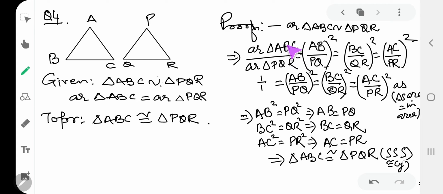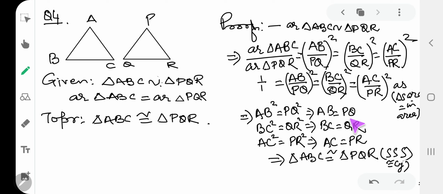Now children, we are given that the areas of these two triangles are equal, and I told you whenever the things are equal, the ratio is always 1:1. So area of triangle ABC is given equal to area of triangle PQR. Therefore, their ratio is 1:1. So let's replace this by 1 and copy down all the other ratios as they are. Now take them one by one. If I take 1 by 1 is equal to AB square by PQ square and I cross multiply, I'll get AB square is equal to PQ square, and then